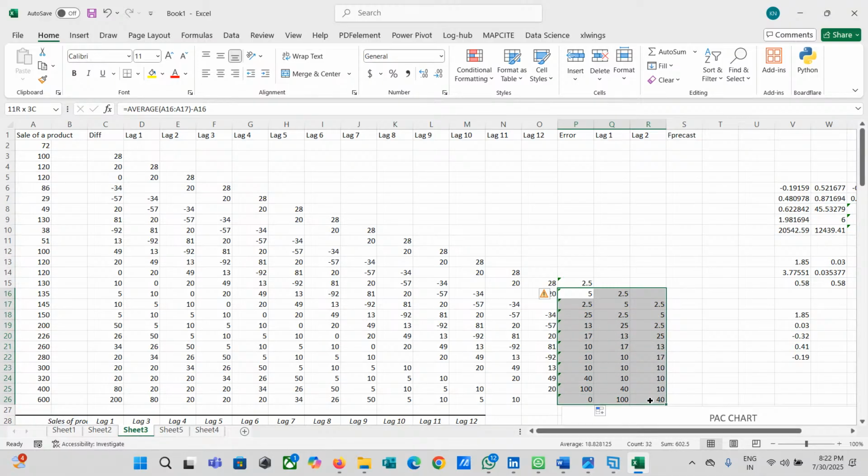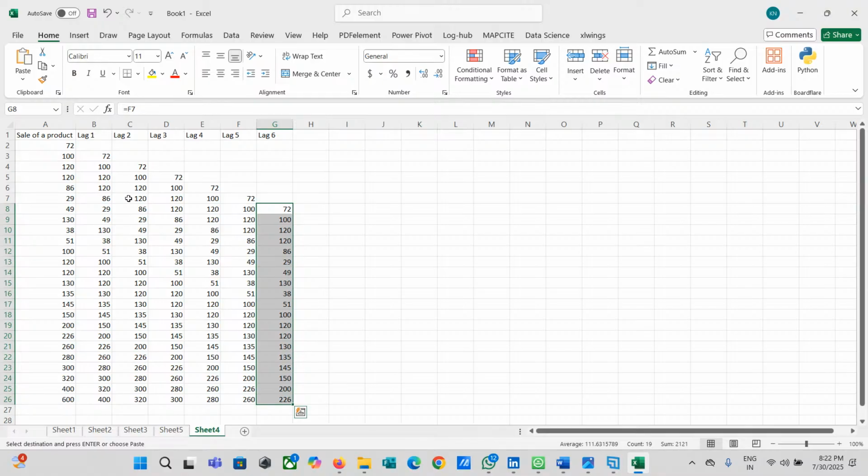So we are taking error lag 1, lag 2. This is 2.5, this is 2.5, and this is 5. This is 5, this is 5. Right? So let me copy this and paste over here.